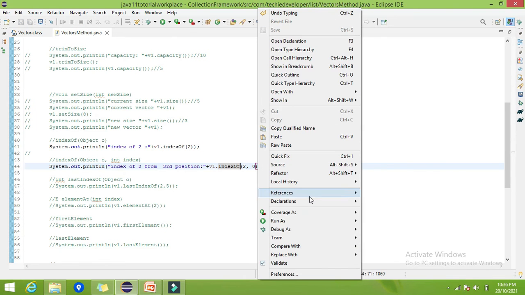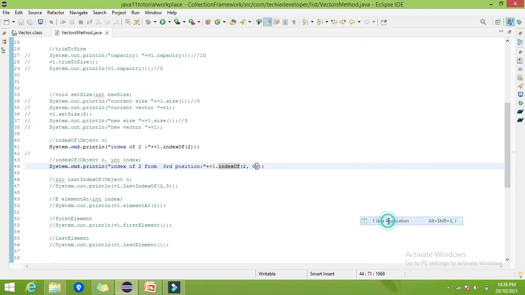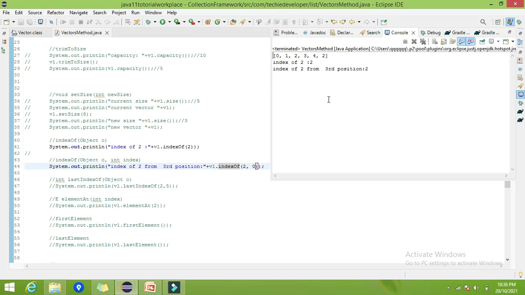So here you can find the position of 2 in the vector is 2, because index numbering starts from 0, right? 0, 1, 2, it is present at the third position.